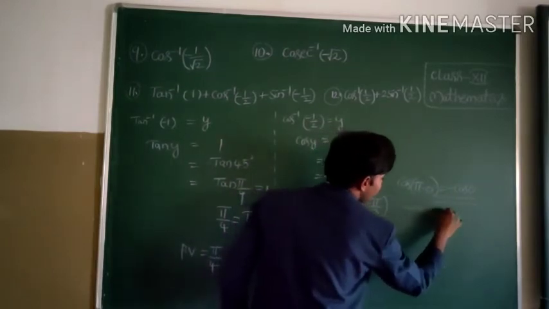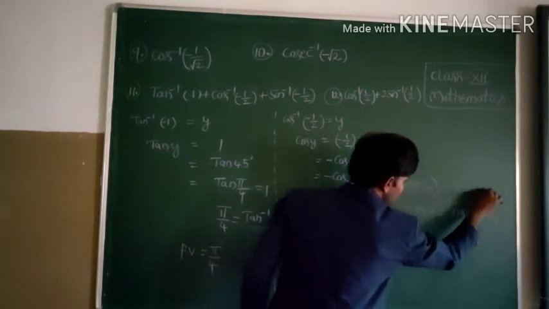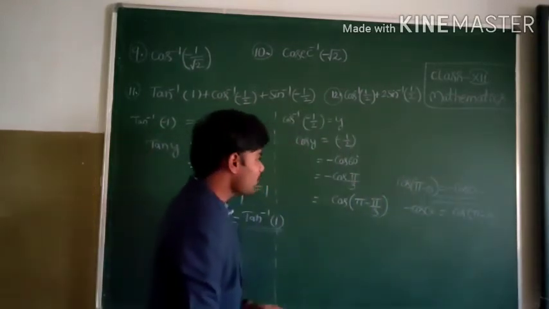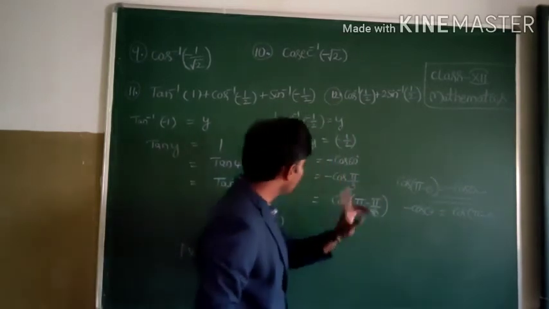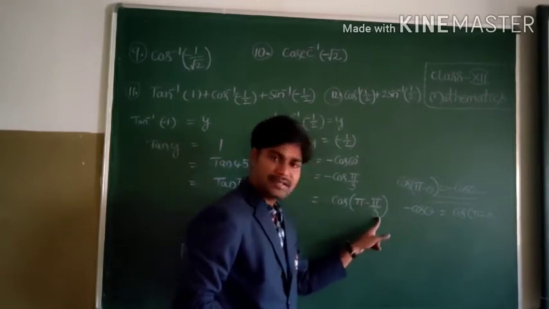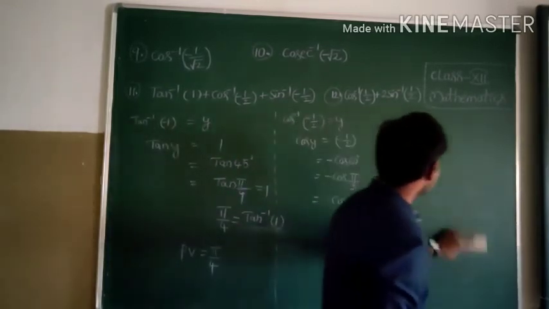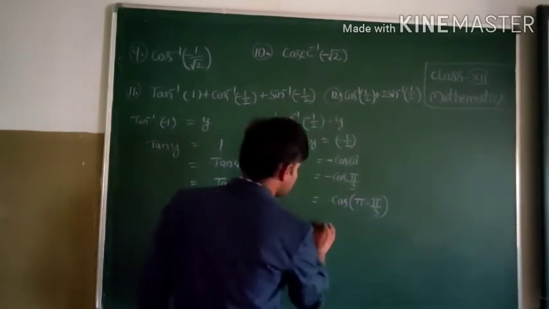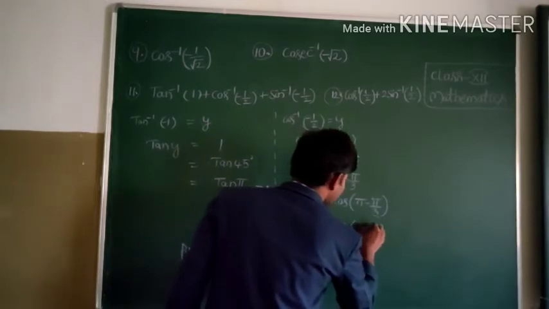Minus cos theta is equal to cos of pi minus theta. If you are confused with this, you can write like this also. So based on this, minus cos theta is equal to cos of pi minus theta. Here cos theta value is pi by 3, so theta value is also pi by 3. Based on this property, you can write here. Now let's see. If you simplify this, if you do the LCM, you will get cos of 2 pi by 3.